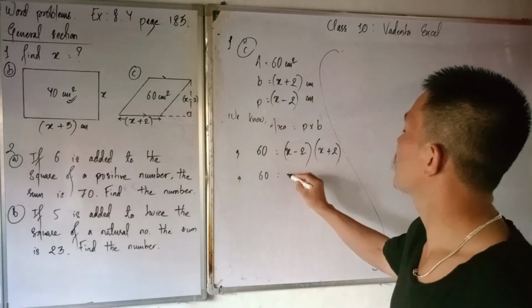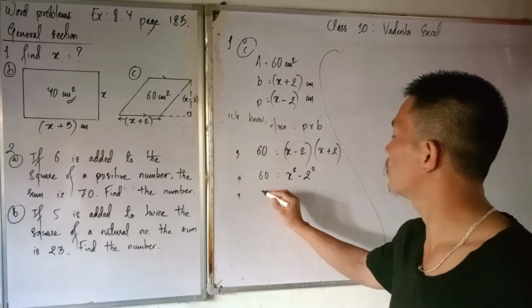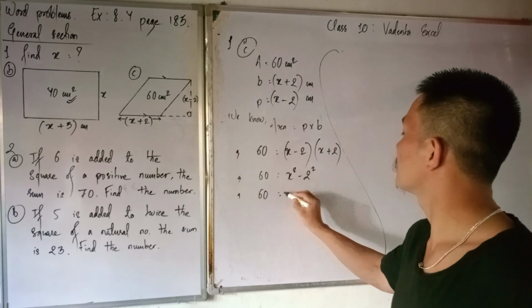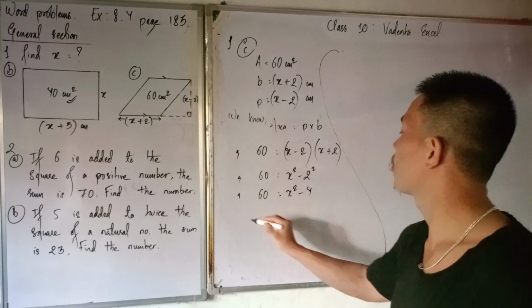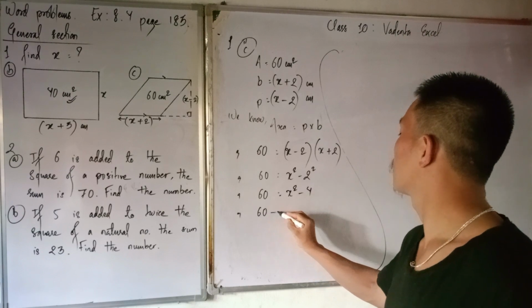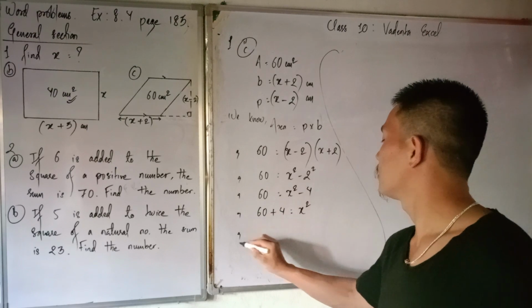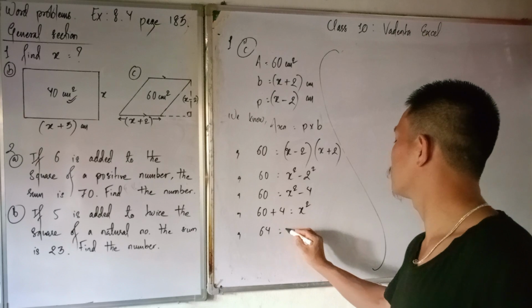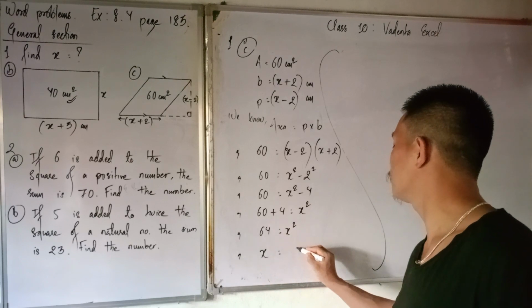Now we can write x square minus 2 square, or 60 is equal to x square minus 4, or you can move this minus 4, it becomes plus 4 on the other side. This becomes 64 is equal to x square,